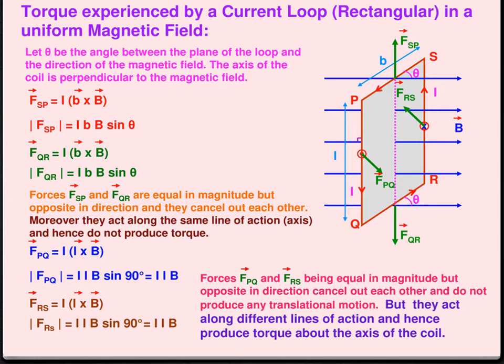There is a rectangular loop, that is PQRS, carrying the current I, that is placed in a uniform magnetic field B. Let a and b be the length and breadth of the rectangular loop. Now the unit vector that is normal to the plane of the loop makes an angle theta with the magnetic field. Now the magnitude of the magnetic force acting on the current carrying arm PQ,